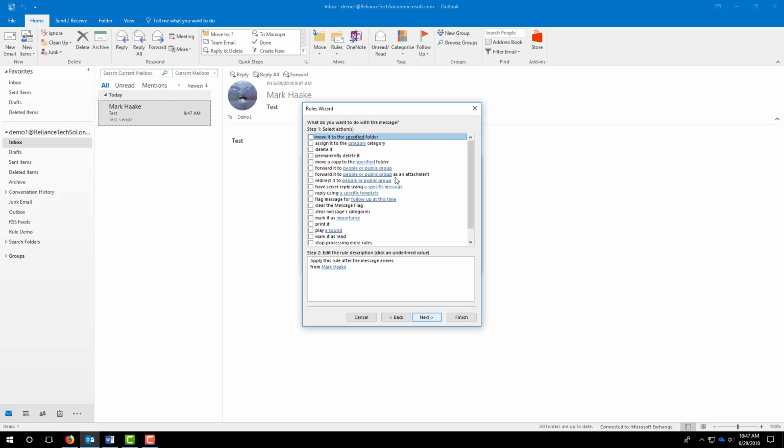We click Next, and now we can choose what we're going to do with it. Like we did on the previous box, we have the option to move it to a specified folder. We can assign a category to it. We can delete it and permanently delete it. The difference between these two is if we choose delete, it's going to put it in our deleted items. If we choose permanently delete it, it's actually just going to completely delete it and not even bother putting it